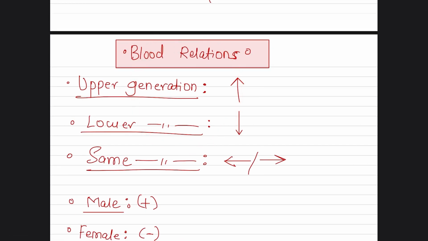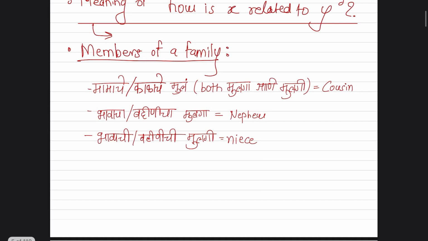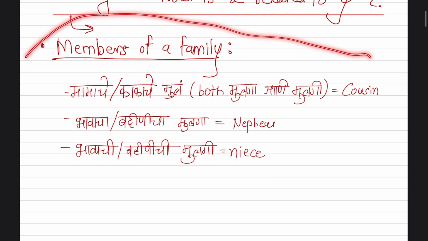Then in blood relations we have to use certain arrows and diagrams for better understanding, so I have also mentioned that. Similarly, I think this is a bit stupid, but I get very confused as far as the relationship chart is concerned, right? So for me it is very difficult to remember relations.